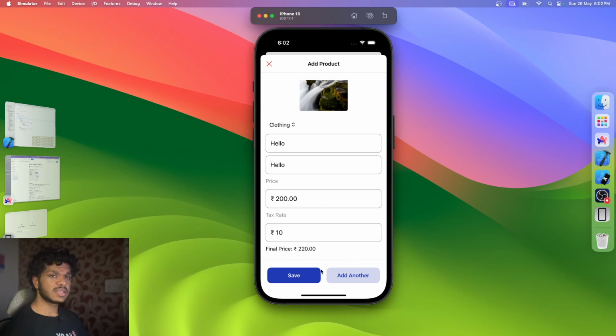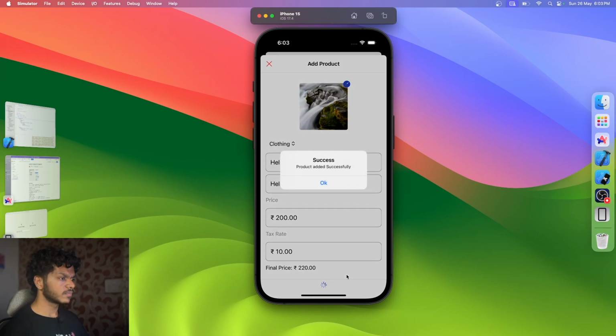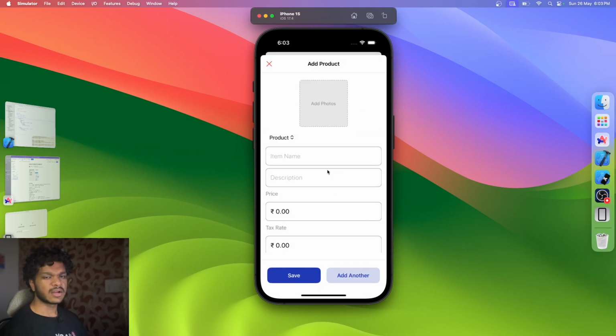Now we can either save or add another. Add another will continue on this page and will not exit the view. Save would exit the view. Let's try both of them. Add another. I have a product success and I will remain on this page and have the ability to add another. And for the save,